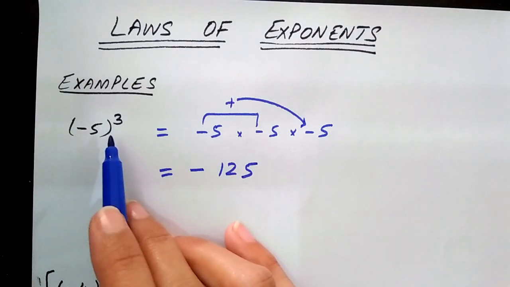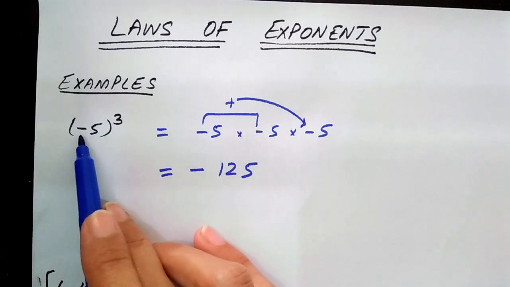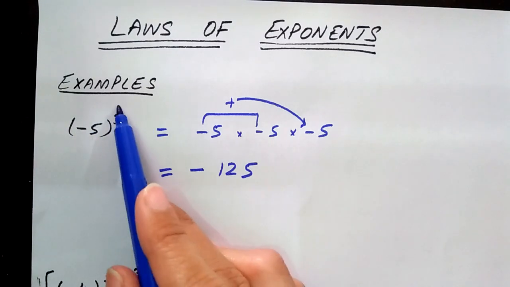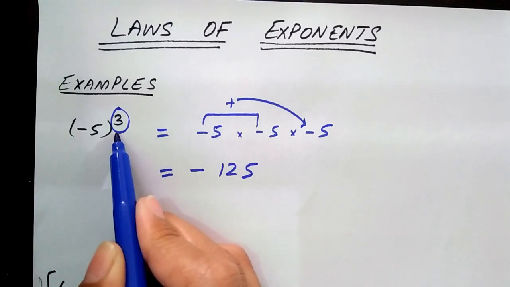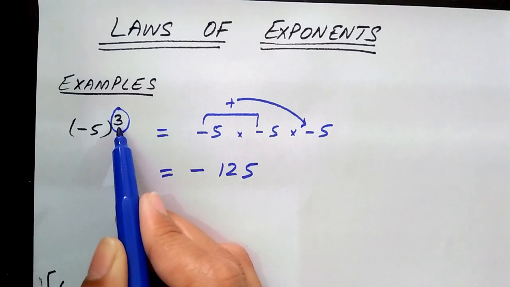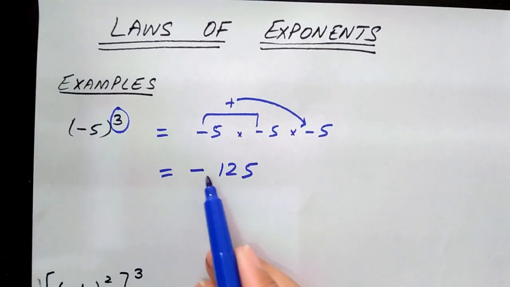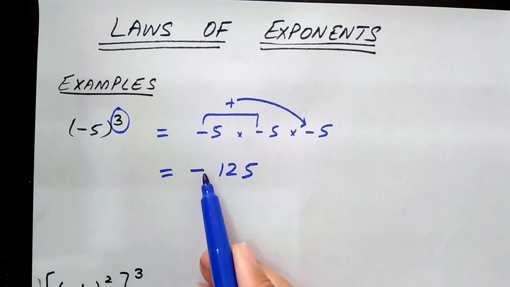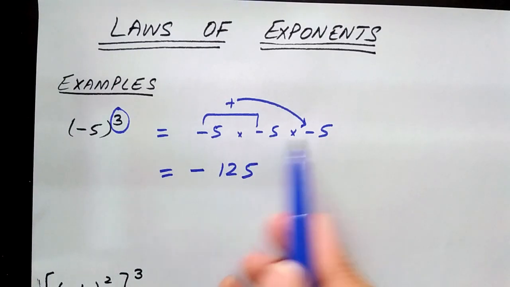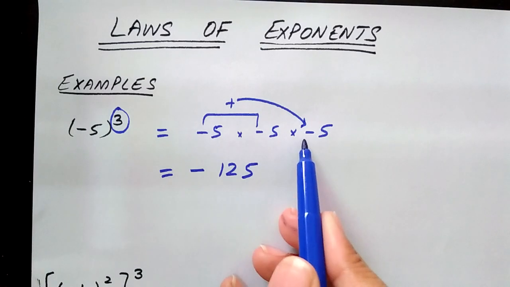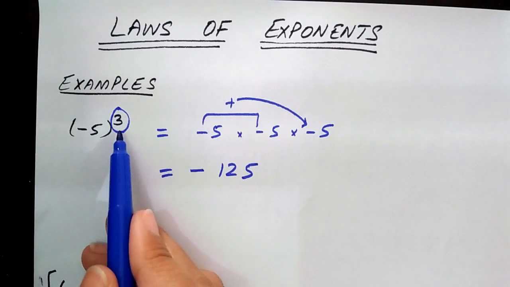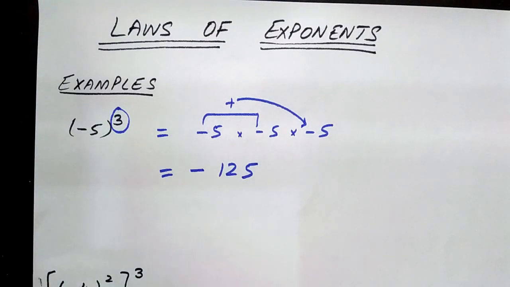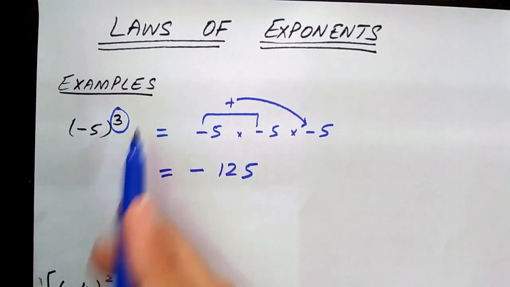We can directly predict the sign, whether negative or positive, from the power or exponent. If the power or exponent is odd, then we will retain the negative sign. Then there is no need to expand it like this. Just write down the negative sign directly if the power is an odd number, and if the power is an even number,